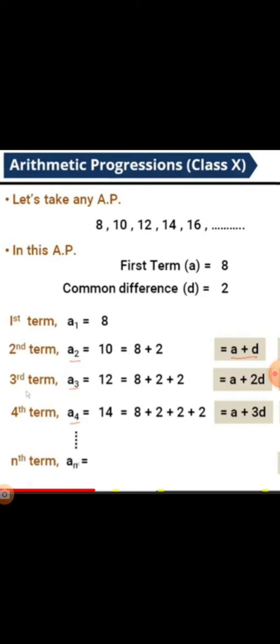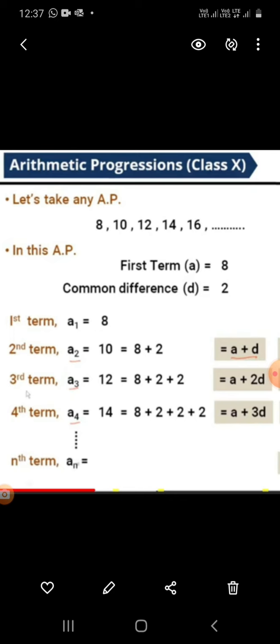16 minus 14, again 2. 14 minus 12, again 2. 12 minus 10, again 2. That means the common difference is a fixed number. This fixed number is added to the preceding term, we will get the succeeding term. It means that if we add the common difference to the previous number, we will get the next number. For example, take the first number, add the common difference 2 to the first term, 8 plus 2, 10. Again add the common difference 2 to the second